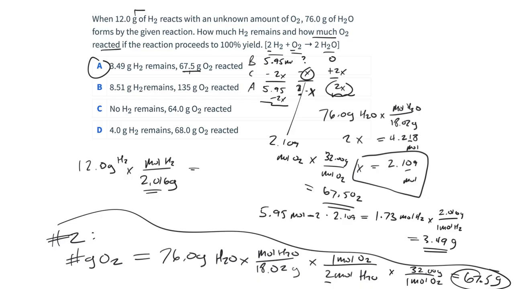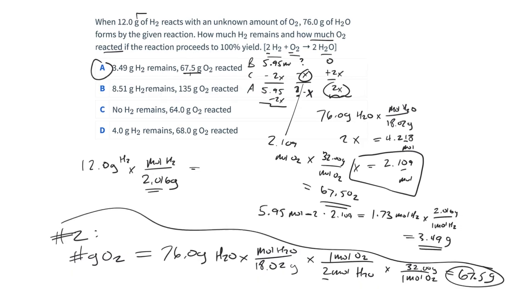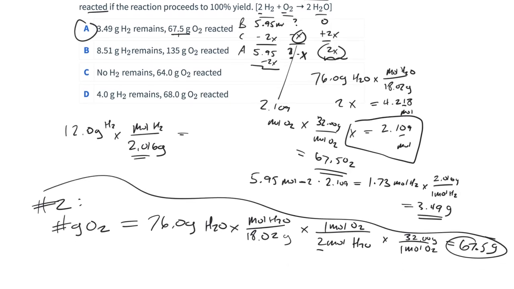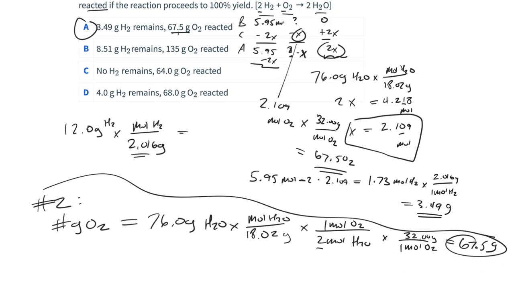to produce the amount of water. I can do that by dimensional analysis. Then I have to do a subtraction step, like a two-step process, to get the amount of hydrogen that remains. So I may have thought of this again. Let me just go this way. The number of grams of H2 that reacts to produce the 76.0 grams of water we can solve using dimensional analysis: 76.0 grams divided by 18.02 grams